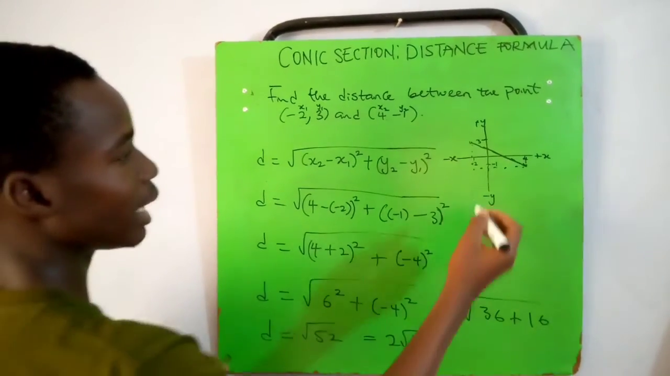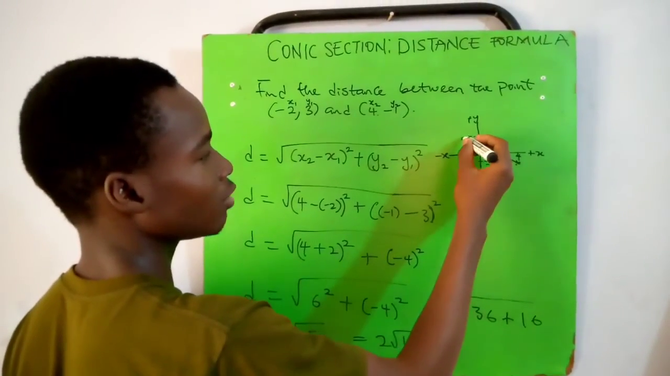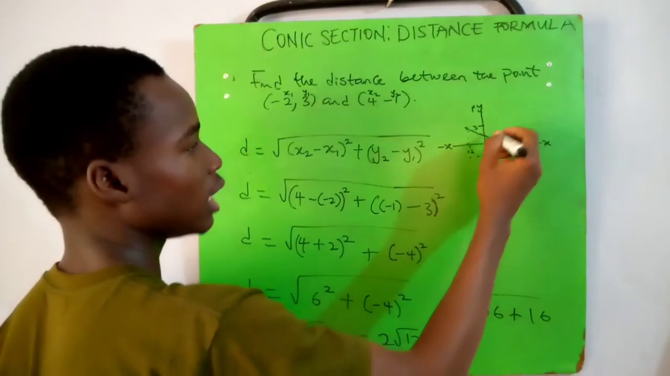So this will be the distance between these points. We have the first point here and the second point here. The distance will be